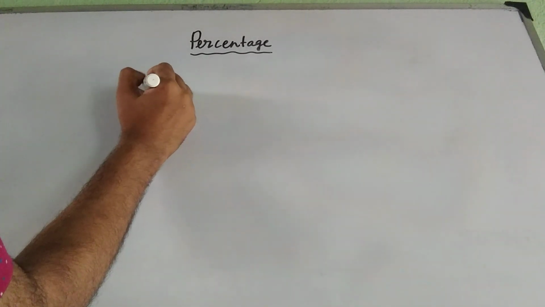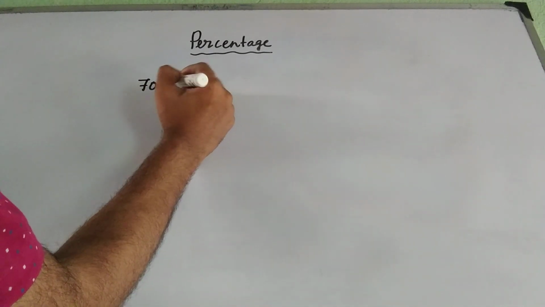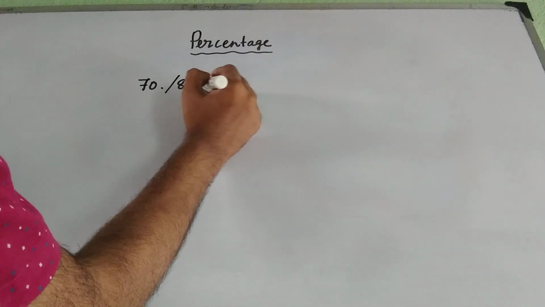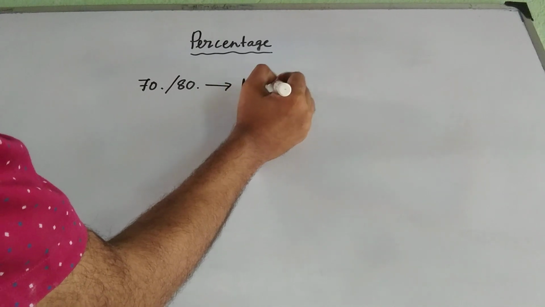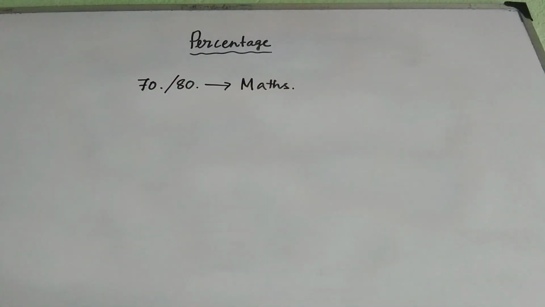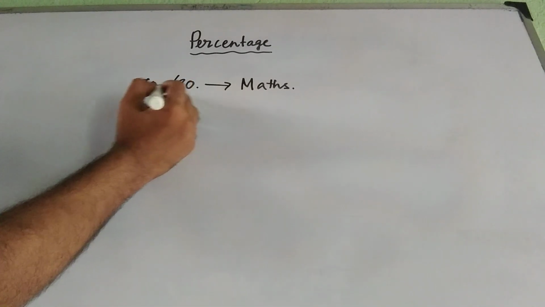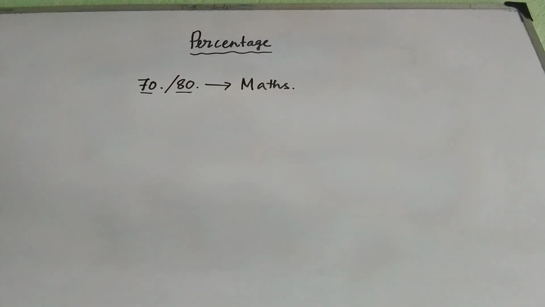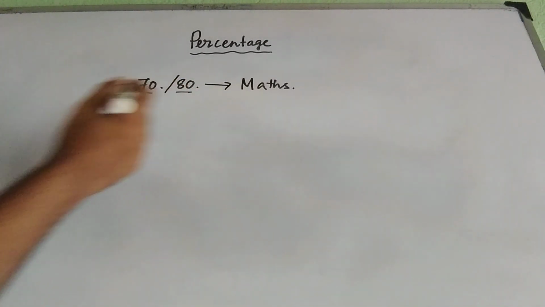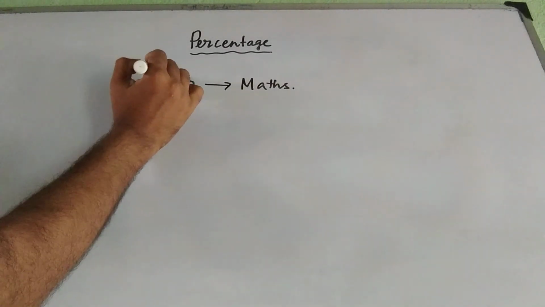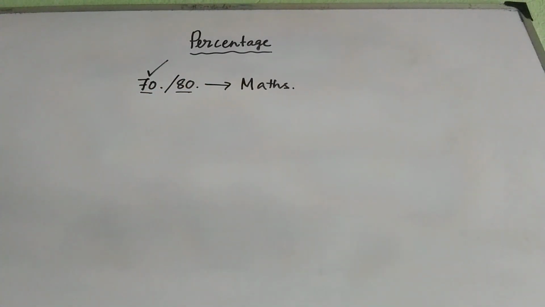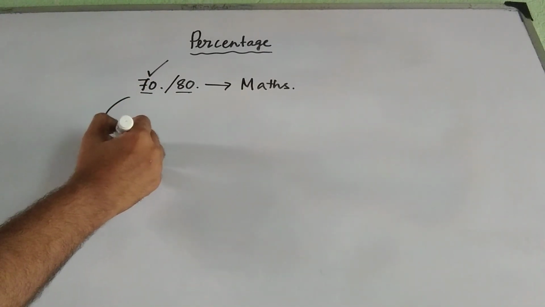For example, a student has got 70 out of 80 in mathematics. That means the total marks of the examination is 80, and he has got 70 out of 80. If my question is what is his percentage of marks, that means we have to find out how